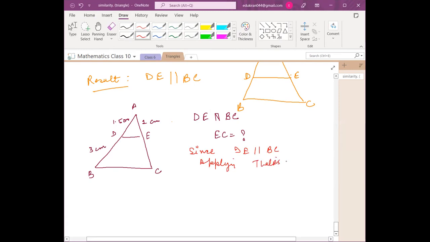Now it's actually called Thales theorem. We have to start from triangle ABC. So in triangle ABC, I'm using Thales theorem. DE is parallel to BC, so that means AD upon DB is equal to AE